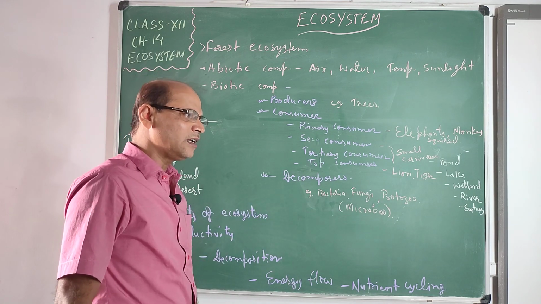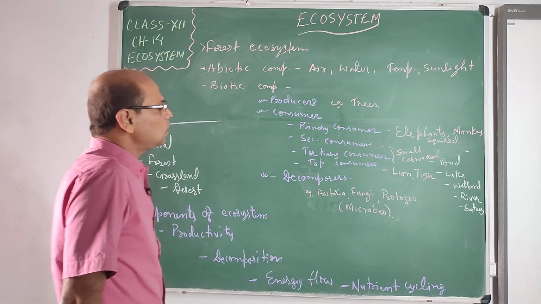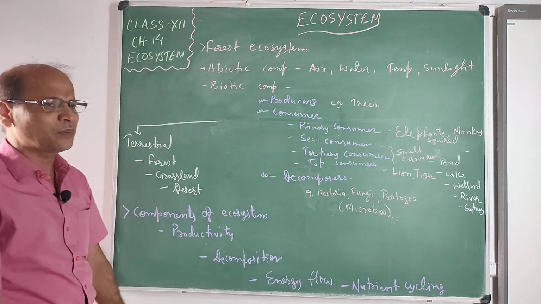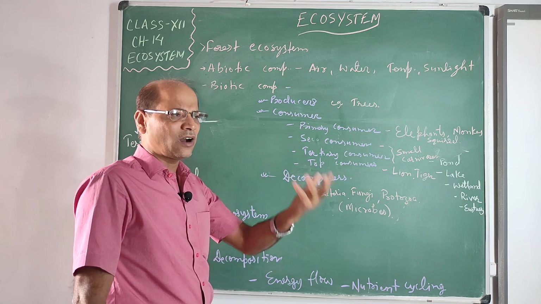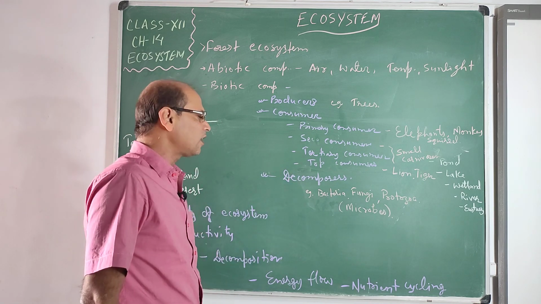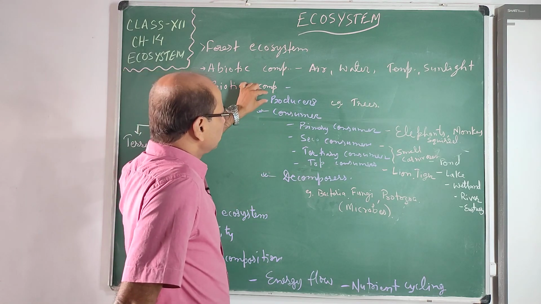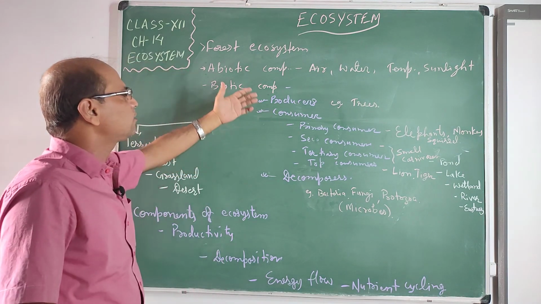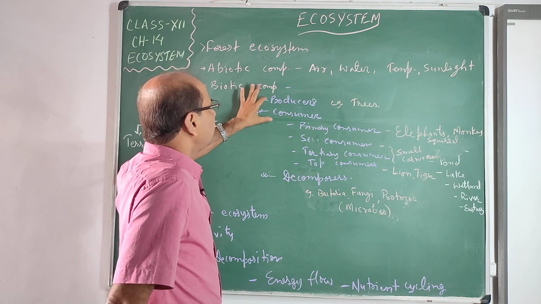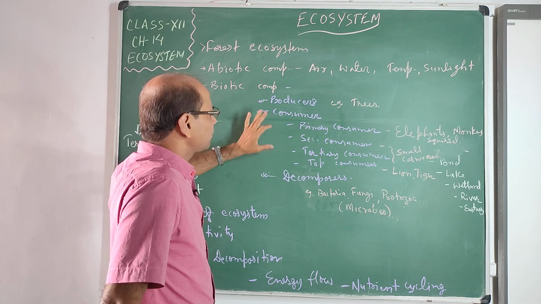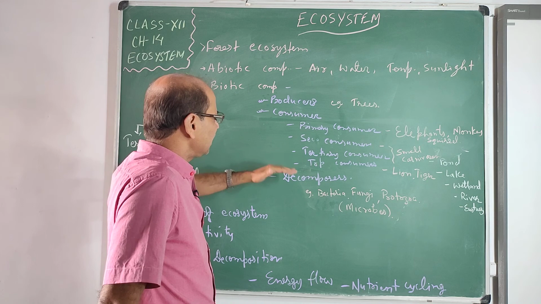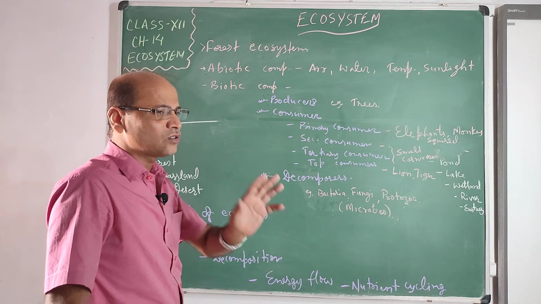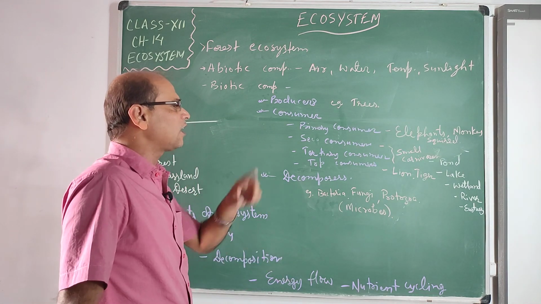So decomposers play a very vital role in the cycling of minerals, because without decomposition the things do not come back to their origin, meaning their own existing things. So plants take the nutrients from the soil and consumers take the nutrients from the plants, but after the death of the plants and consumers or animals, they are simplified with the help of these microbes and then converted again to the soil. So this is the way by which the cycling of minerals takes place.